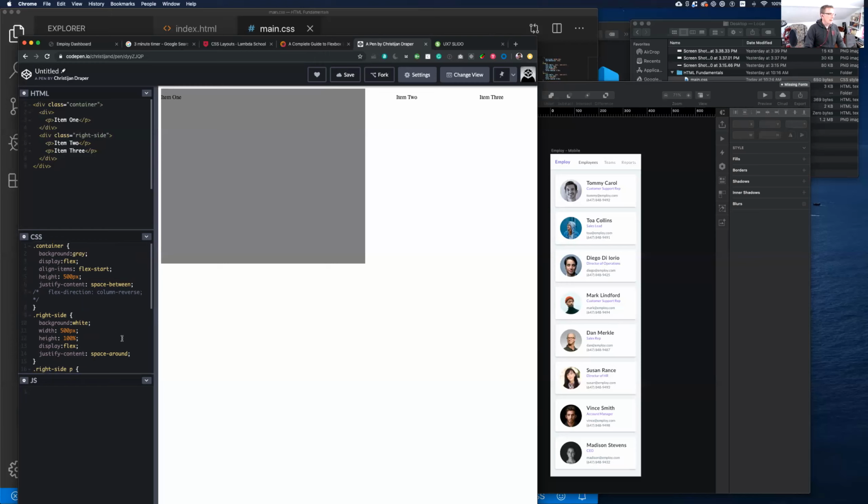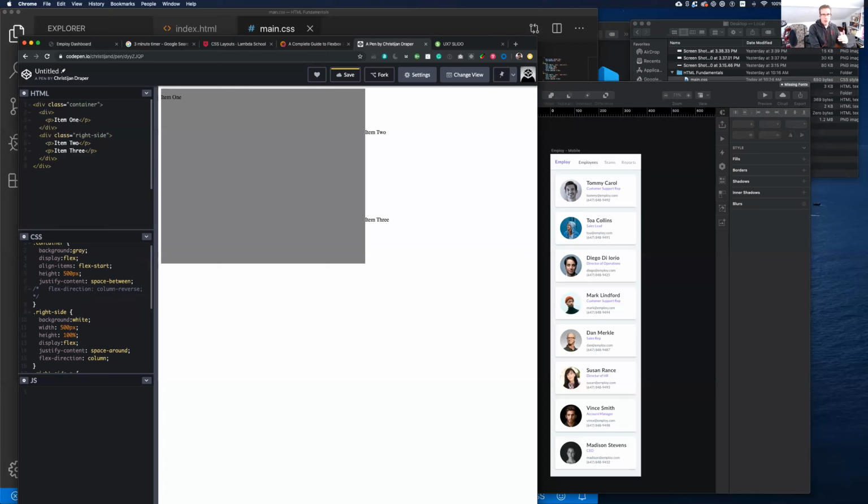We can create, let's see, the code is flex direction, and the options are row. So flex direction right now is in a row, and we can make it into a column to have them stack on top of each other. But the default behavior when you just create flex items is that they are in a row. And so the space around